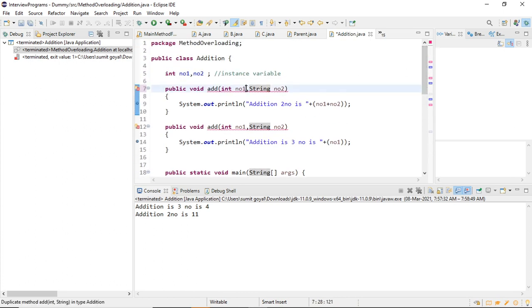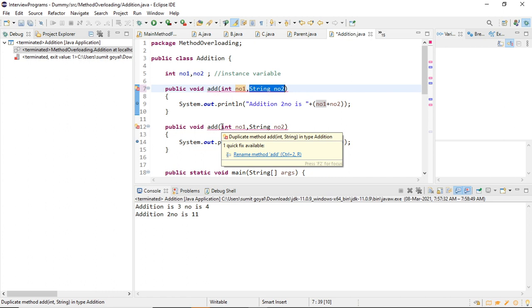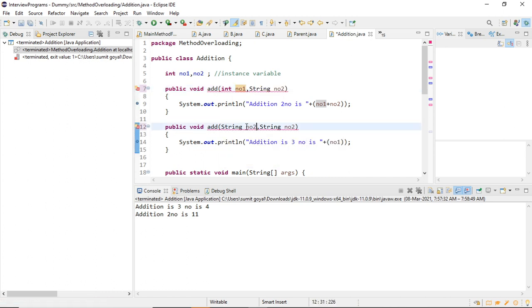integer comma string. Now what I will say, string first and then integer, right? So here you can see I just changed the sequence. First is integer, second is string. Now here in this method, first is string and second one is integer variable, right?